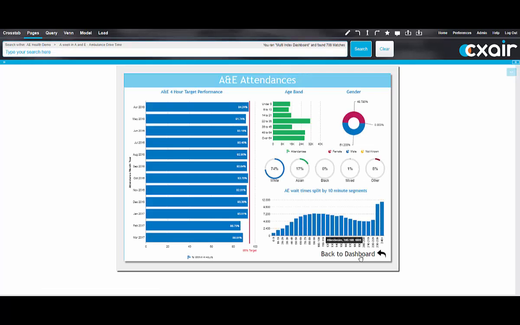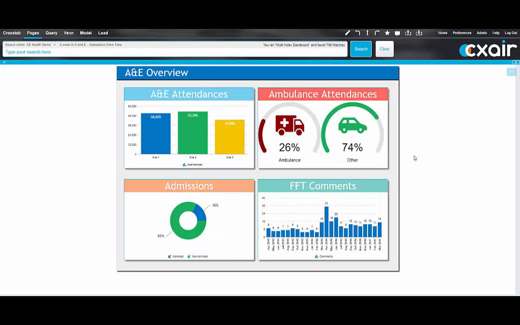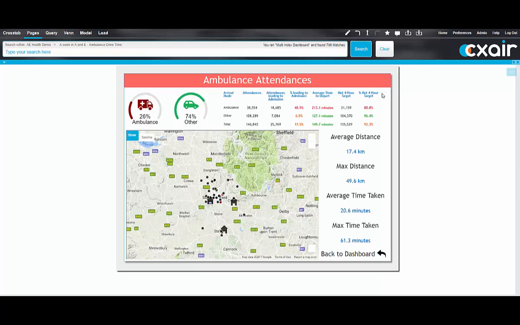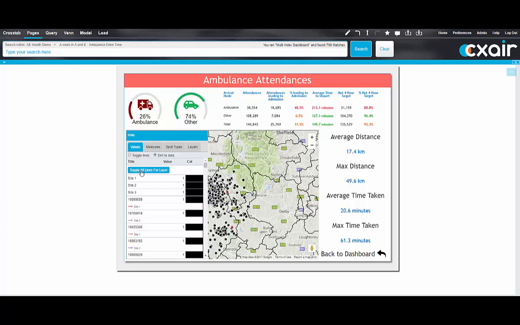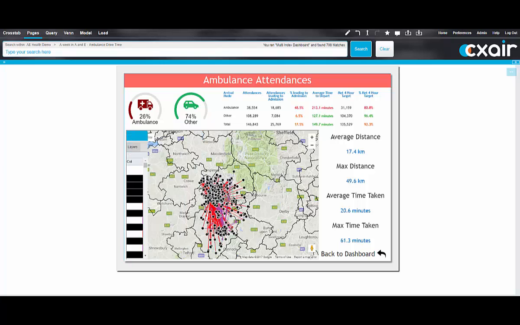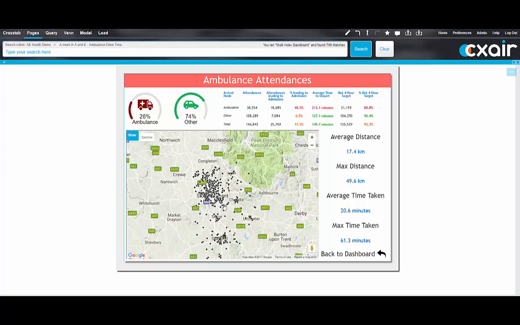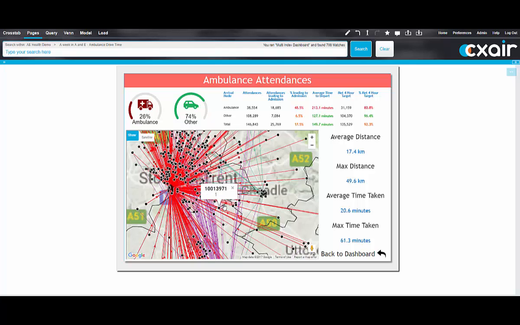Okay, so then if we click on back to dashboard, we can then go into the ambulance attendances. This is using a different index, and what this is showing is a drive time map. We can see the distance that a patient's travelled from their location in an ambulance to the hospital. And what we can see, even though it's going to look a tiny bit busy, is that there's people going to Site 1, in the red, that will actually be closer to, say, Site 3. So there you can see there's a couple that are really close to Site 3, but they're actually going to